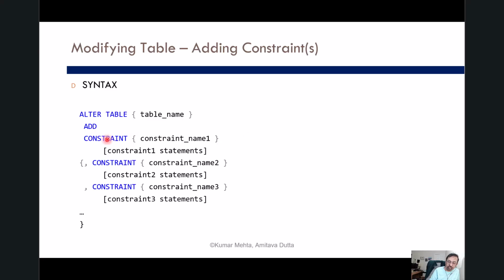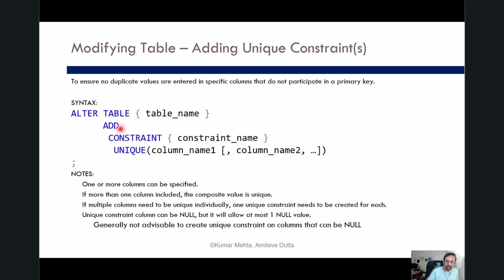So after using the word constraint, you follow that with a name. Every constraint must have a name so that you can later on refer to that constraint. So you would have the name of the constraint followed by what that constraint actually is. And you can string several constraints together, one after the other. So this is the general syntax for adding constraints to a table. Let's now see some certain other types of modifications